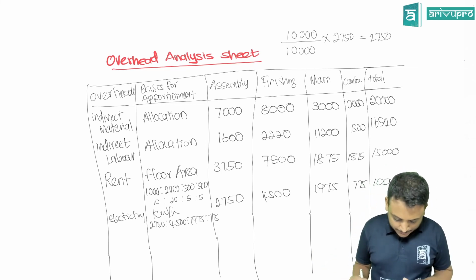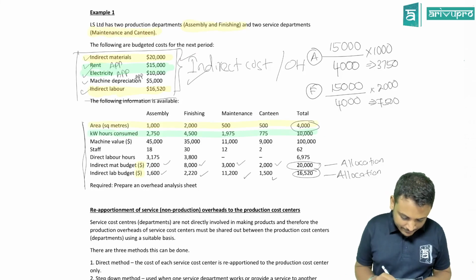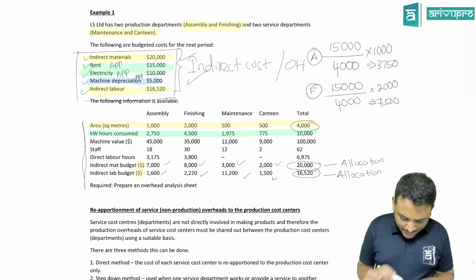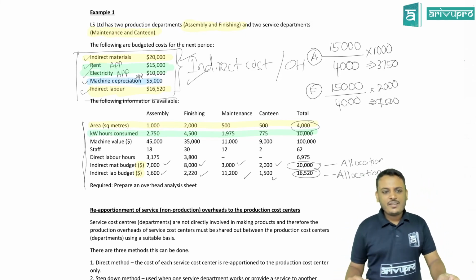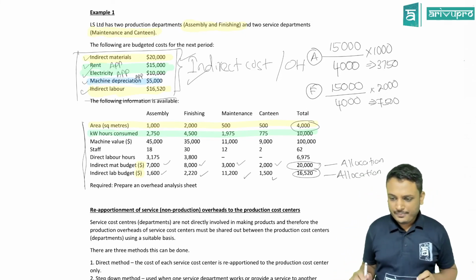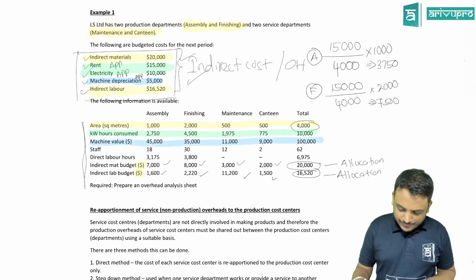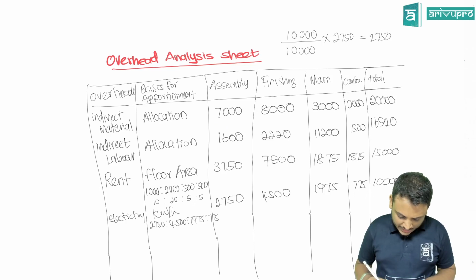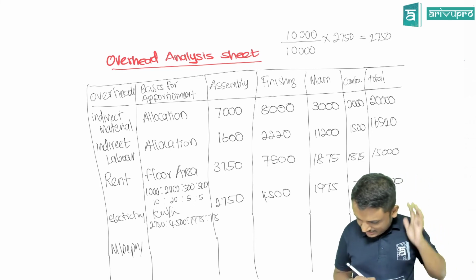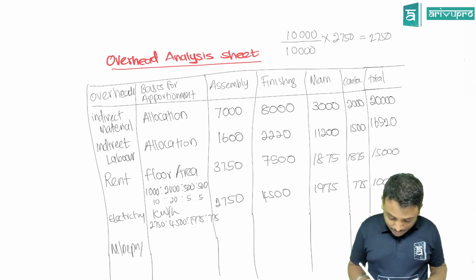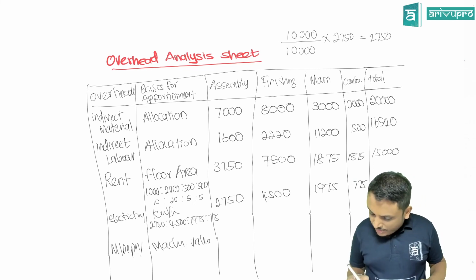Right. Next one. What is the next expense? Machine depreciation. How much? 5,000. What is the suitable basis, students? Machine value. Very good. So machine depreciation. Okay, what is the value? Machine value. Sorry, basis is machine value. So machine value, if I take